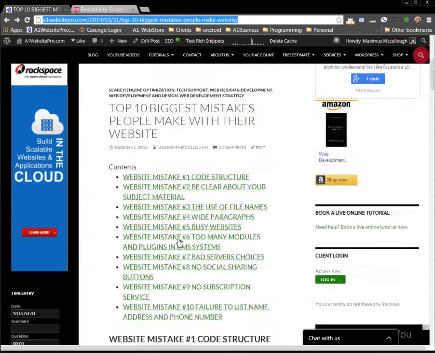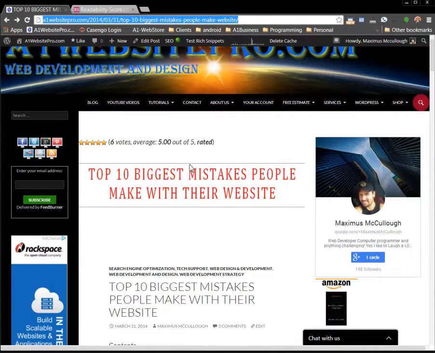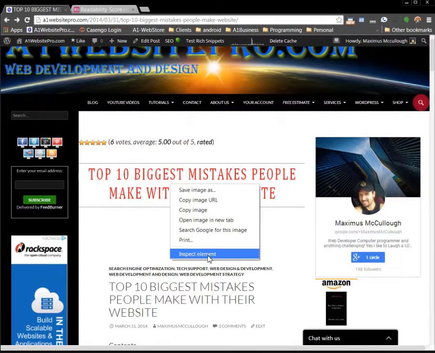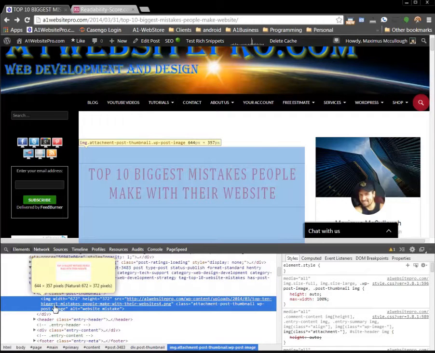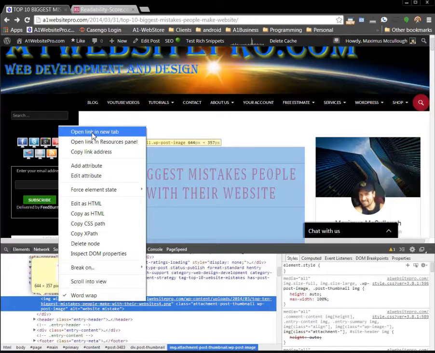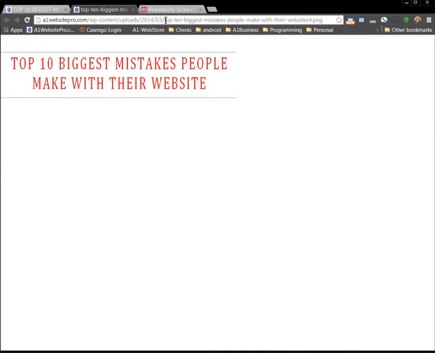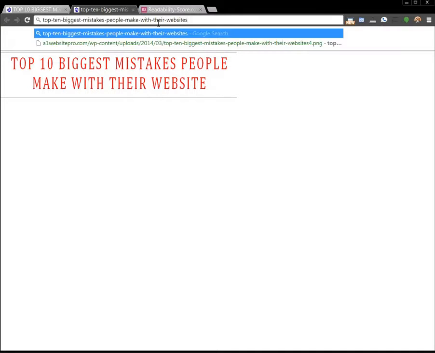So a lot of people, they'll upload their pictures and it'll be like 001 or so on and so forth. But if you notice, most web developers will name their file names whatever their article is. And if we look at my file name here, notice that the URL, if I open it up in a new tab, the end of this URL is the top 10 biggest mistakes people make with their websites for.png. So this communicates something meaningful to search engines, right? So if I want to take this, let me copy it, and I paste it in here,